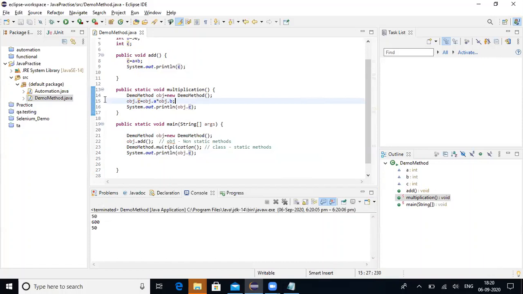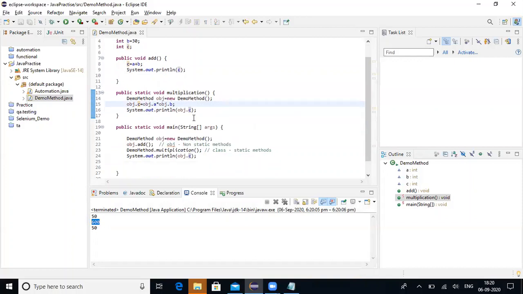Here I am updating the value, object.c is equal to A into B. Here I am getting 600. Again, why am I getting 50? Any answers?